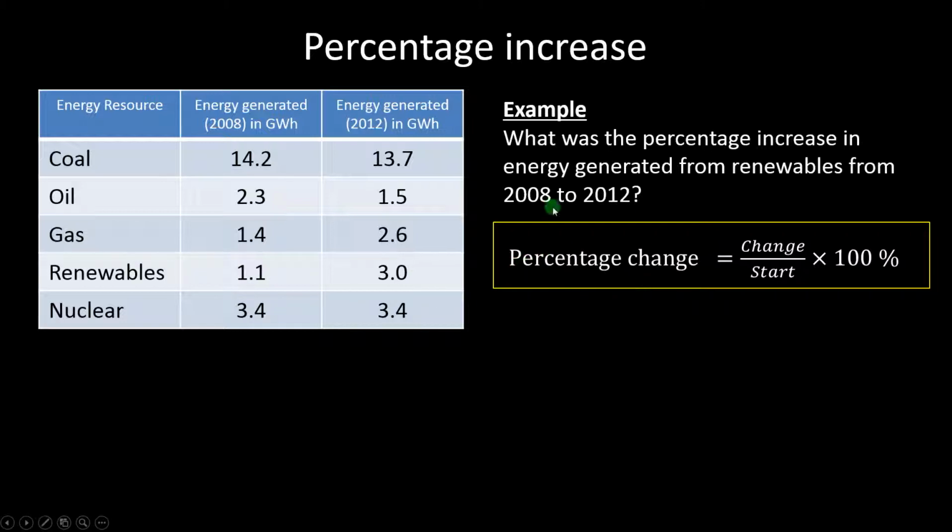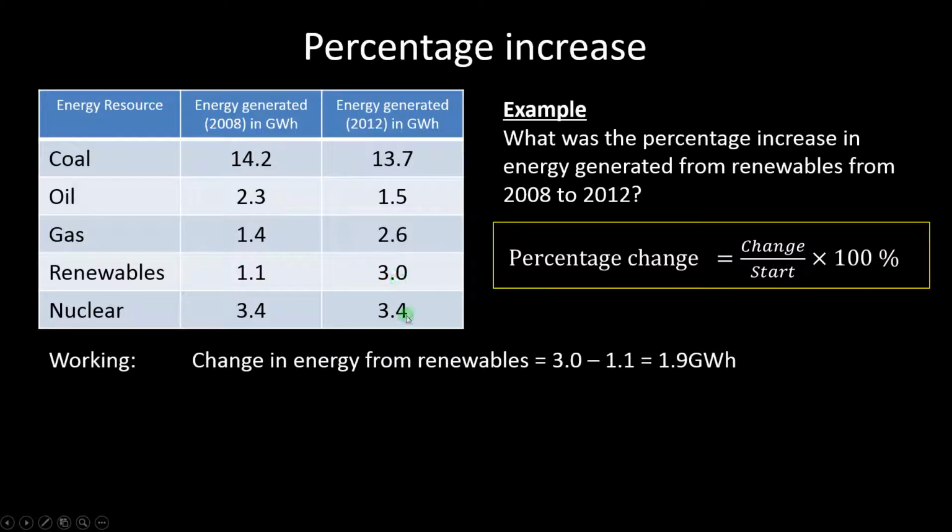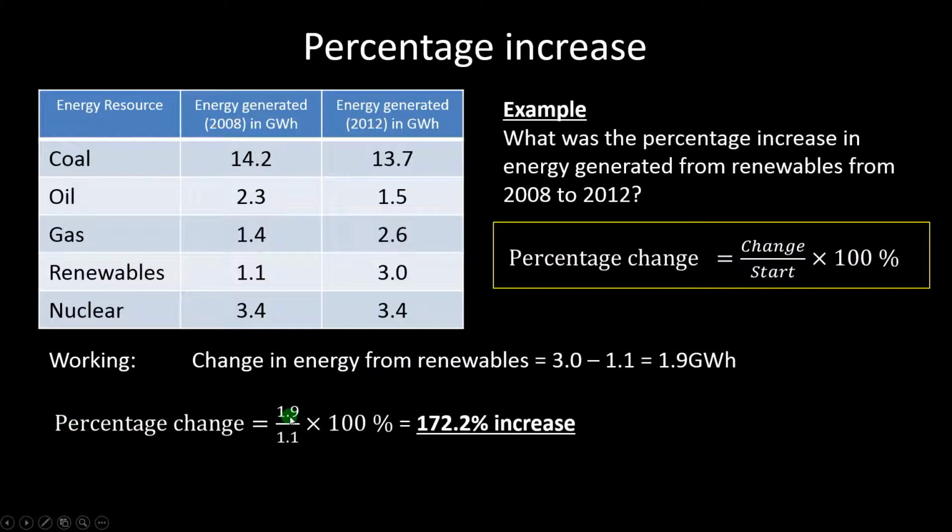Well, you use the same formula for increase and decrease, this percentage change formula, and it's just the change divided by the starting value times 100%. So we need to work out the change from 2008 to 2012, and that's the difference between the 2 numbers. So from 3 to 1.1, we get 1.9 gigawatt hours of change. And then you just put that into the formula with the starting value, the 1.1, because that's the first one in 2008, on the bottom. So when we do that, we get 1.9 over 1.1, times 100%, which is